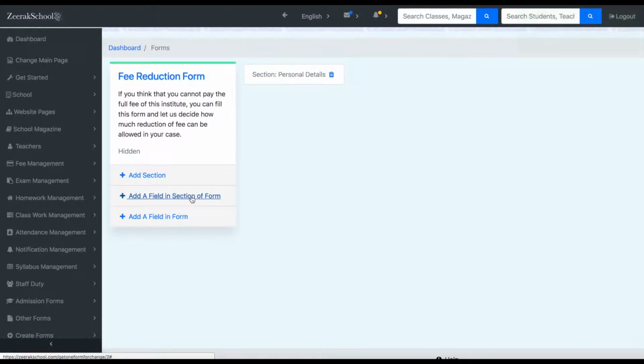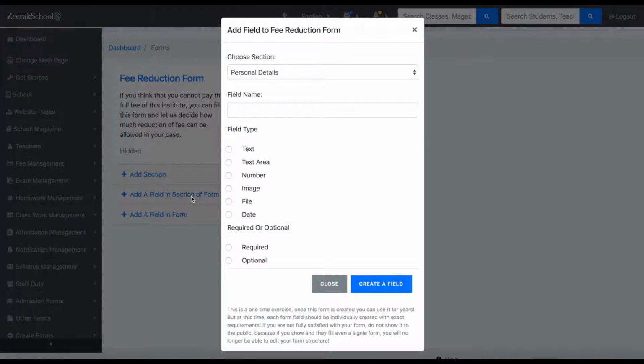Now click on Add a Field in Section of Form button. A form will pop up. Here, first choose a section of the form, then give the name of the field. Then choose a type of the field as text, text area, number, image, file or date. For example, if you are asking for age, you will select number, and then choose whether it is required or